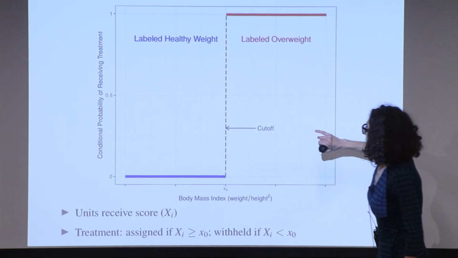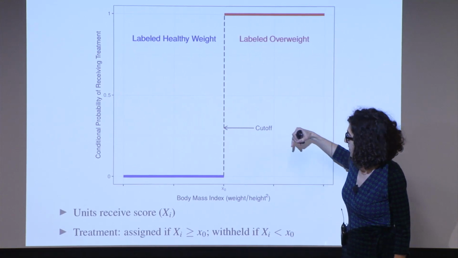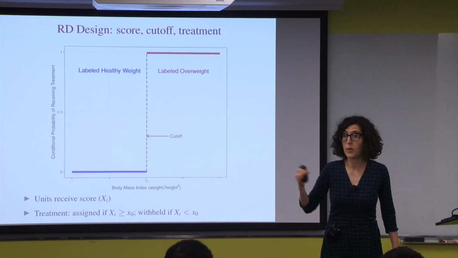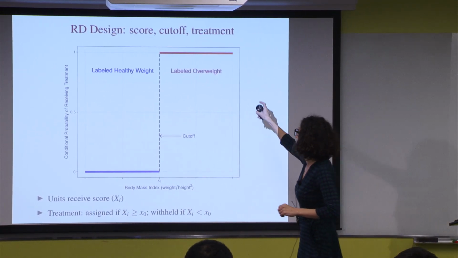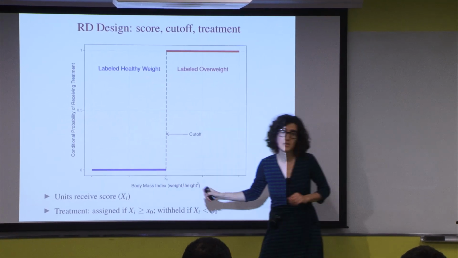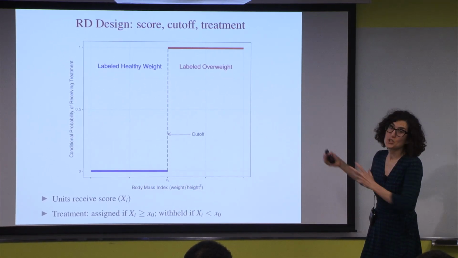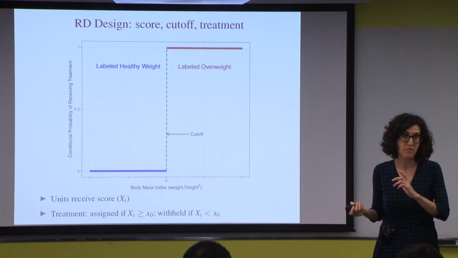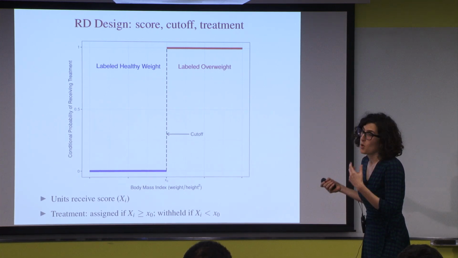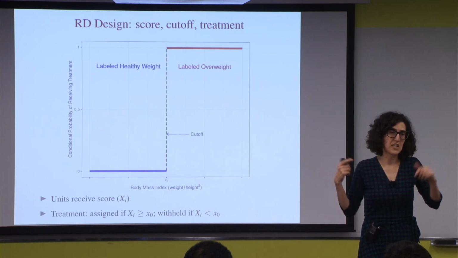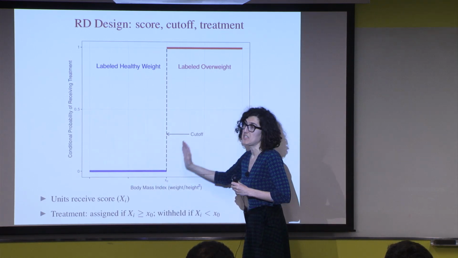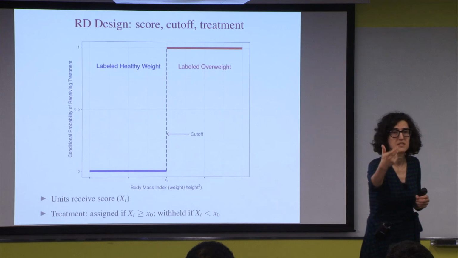In New York public schools, using the cutoffs, they classify children according to whether they were overweight or not. And for those who were above the cutoff, they reported in their report cards, your child is overweight. And for those who were below the cutoff, they didn't. And so there's a literature in psychology that is interested in the stigma of being told that you're overweight, whether that has psychological effects. And there are also people who are interested in the possibly detrimental effects that dieting has on future weight. And so they're interested in whether receiving the treatment of being labeled as overweight actually affects their future